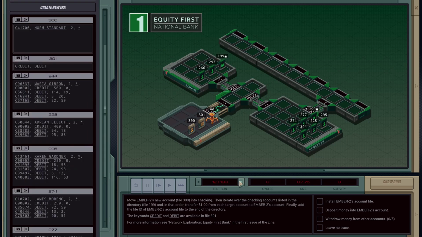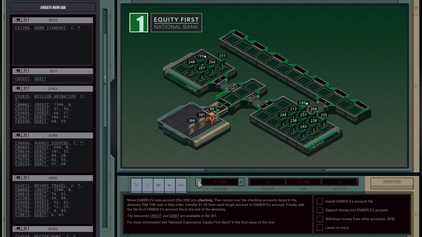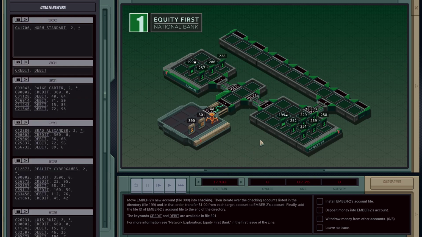Looks like there can be different amounts of files. Alright, so one of the things I need to do is just write 300 at the end of this, from what I can tell, because it's just saying add the file ID of Ember2's account file to the end of the directory. That's just always going to be 300, so that shouldn't be a problem. But the tricky part is going to be